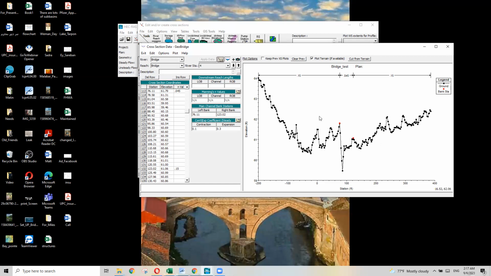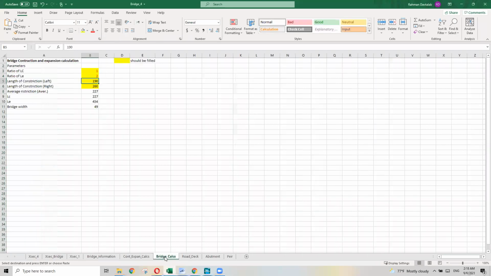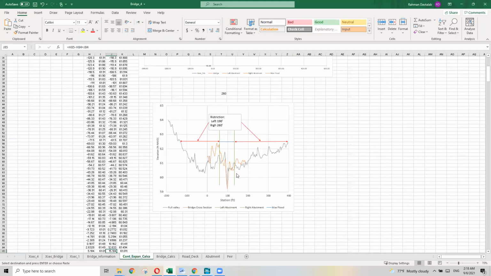This is just an example. The other thing that you need to fill out is the distance between this cross section and the downstream cross section. If you remember the presentation, that was between cross section 4 and 3. And it was the transition, the length of contraction. I normally set up a graph here